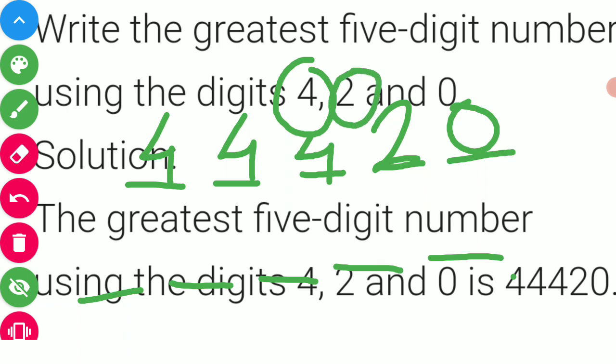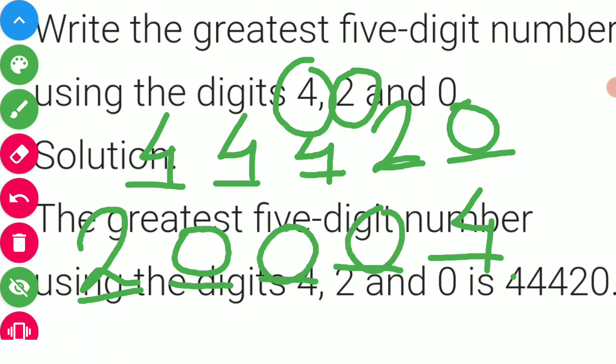So you will begin the number with 2, and the largest among these is 4, so that will occupy the last place. Now the remaining places are vacant. These will be filled by 0. So the smallest 5 digit number made from these digits 4, 2 and 0 will be 20004 or 20,004. I hope you have understood this.